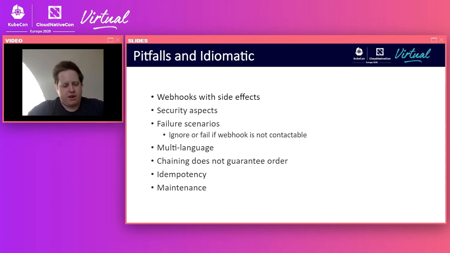There are many different security aspects beyond the TLS that you should be aware of. If you're running your webhooks in the cluster, which you can run them in the cluster or out of the cluster, again, it's a REST API endpoint, anywhere you can contact it. You should probably have it in a separate namespace. You should have RBAC to configure access to your config objects, and you should understand the different failure modes that exist when you have